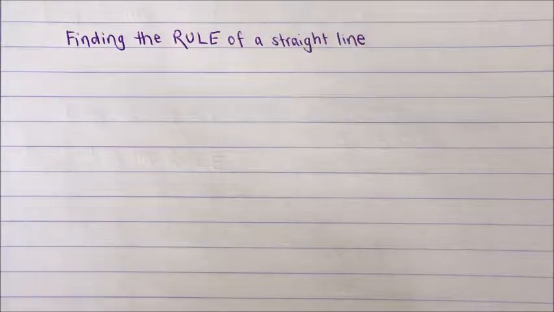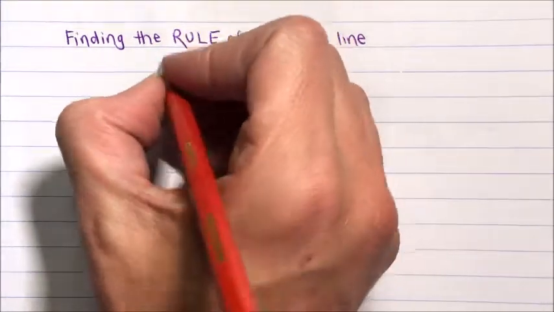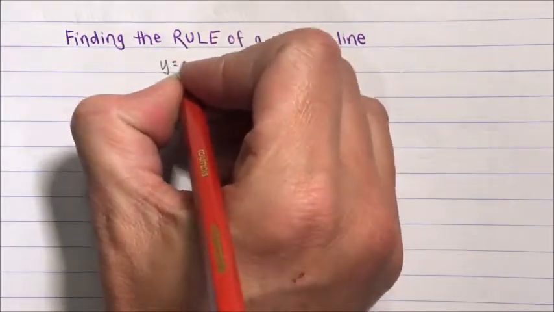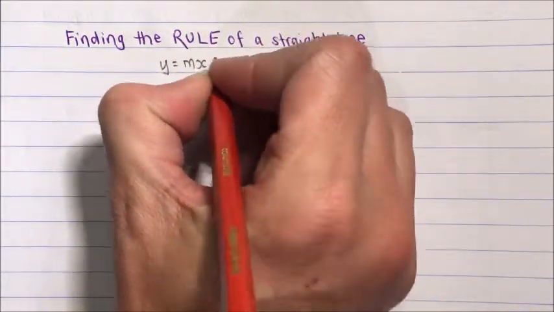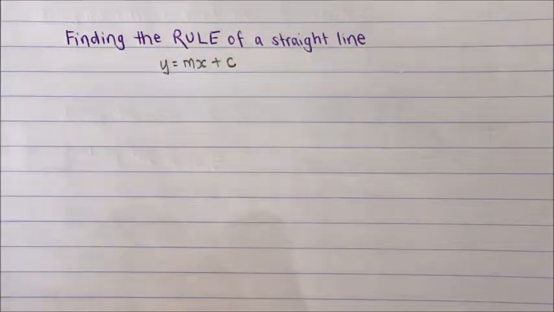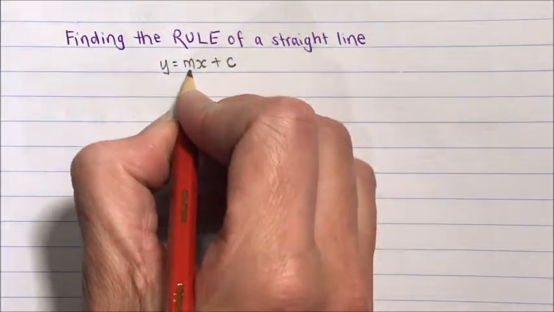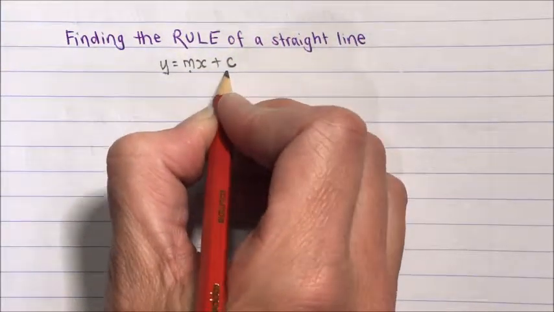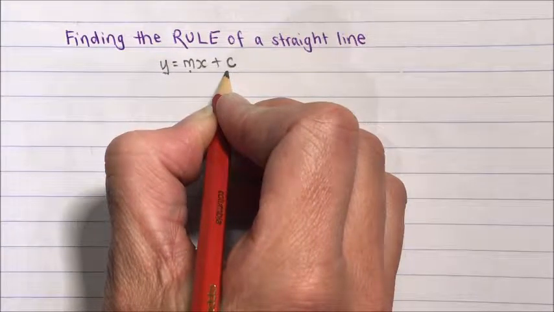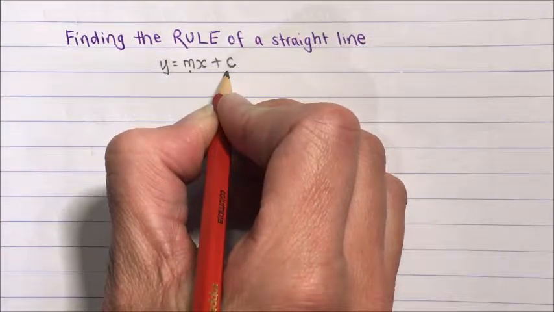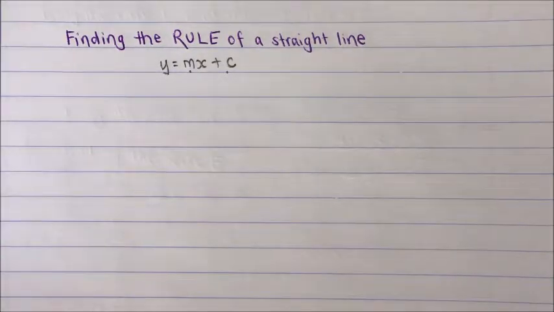Okay, so we know that the rule of a straight line in gradient y-intercept form is y equals mx plus c, where m is the gradient and c is the y-intercept. c is the y-coordinate when x equals 0. All right, so we can actually work out the rule of a straight line just given two coordinates that lie